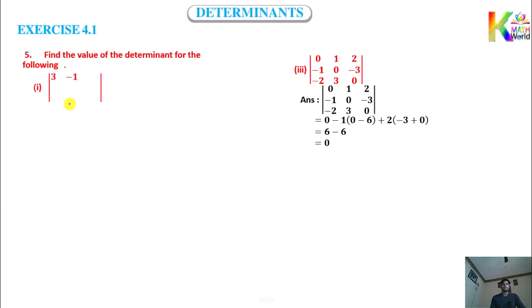Now, as we discussed initially, you can expand a determinant with respect to any row. You can see here in the second row you got the maximum number of zeros. 2 zeros are there, so calculation will be easy. And as I told you, you can remember the sign of the determinant: plus minus plus, minus plus minus, then plus minus plus. This was the sign.